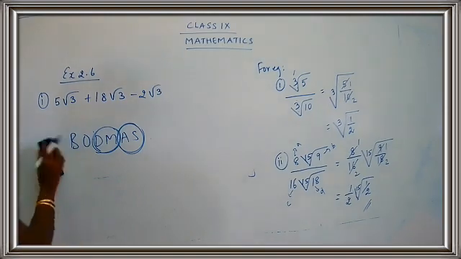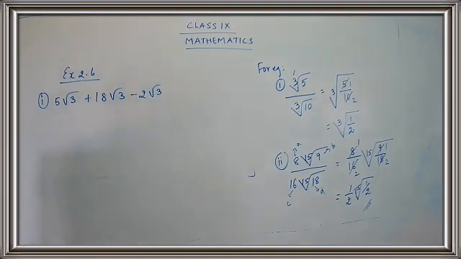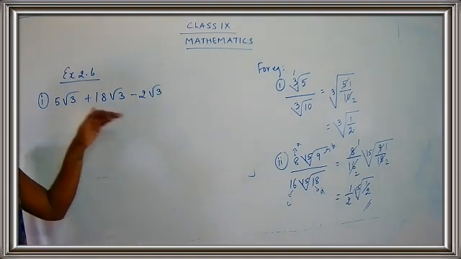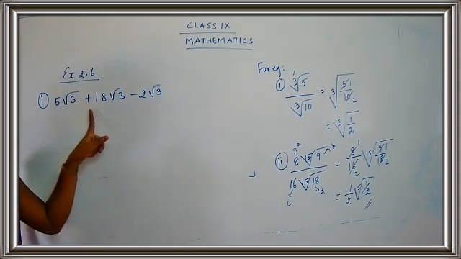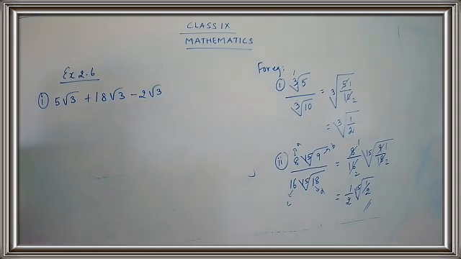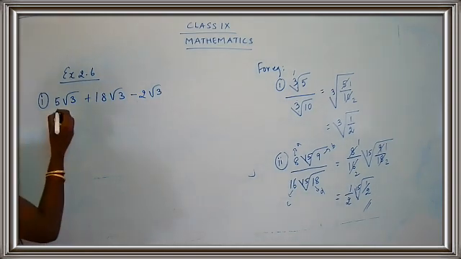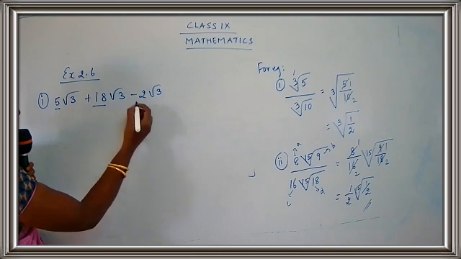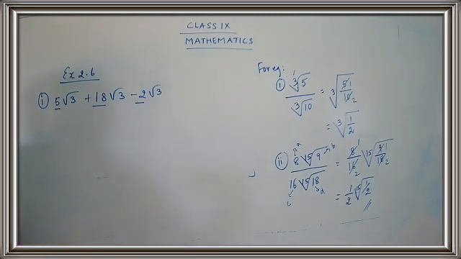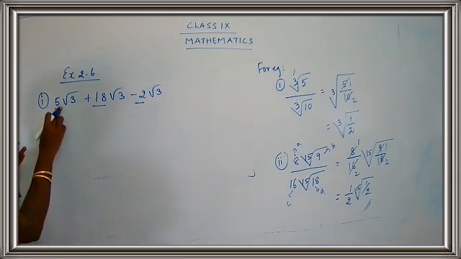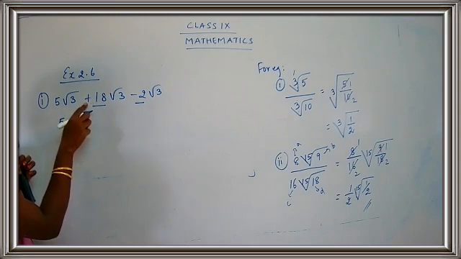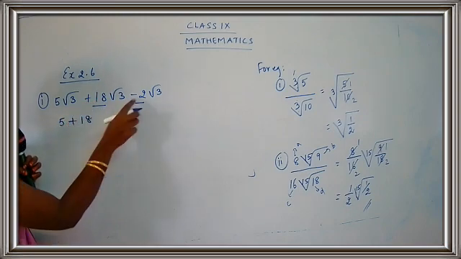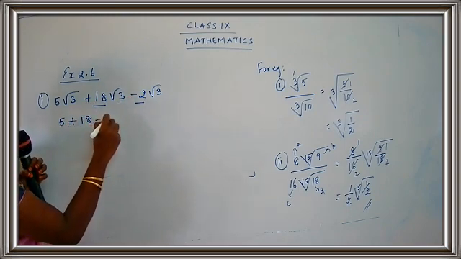Okay, children. So what do you have here first? We have two operations, addition and subtraction. So what are you going to perform first? Yes, addition is coming first. So we have to do addition first. And then we will go for the subtraction part. So take this 5, 18 and 2. Before I do the operation, let me take the numbers together. See here children, what is the coefficient here? 5 is the coefficient. What is the coefficient here? Plus 18, along with the sign. What is the coefficient here? Minus 2. Yes.